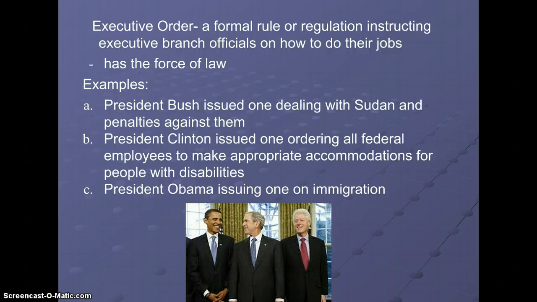He also has the executive order power. This is a very controversial power for the president because basically with it, the president is making a rule or a law almost. What the executive order does is it institutes a rule or regulation for the executive branch. And we're going to look more in depth at the executive branch as we go, but it's very vast. There's a lot of different people that work in the executive branch. It has the force of law,